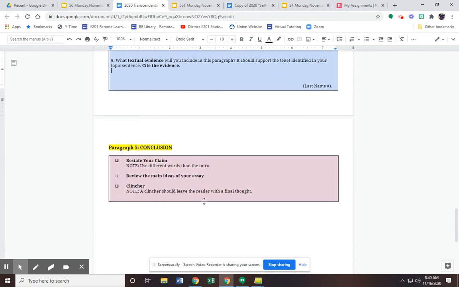Then finally, just a reminder about your conclusion. You don't have to pre-plan anything for that today. You restate your claim. Obviously, don't just copy and paste what you put in your intro. You should change up your style a bit. Review the main ideas of your essay, and then your clincher. Remember, your clincher statement is that statement that very cleanly wraps up your whole essay and leaves your reader thinking, okay? It is not "that is the end of my essay," or "thank you for reading my essay." Do not ever acknowledge the essay in your essay. I know this is an essay, okay? Any questions about what